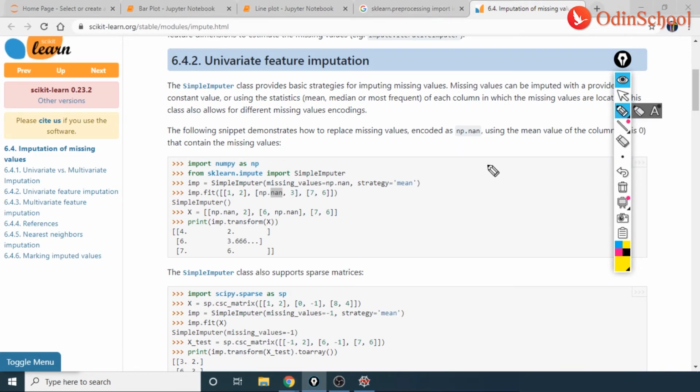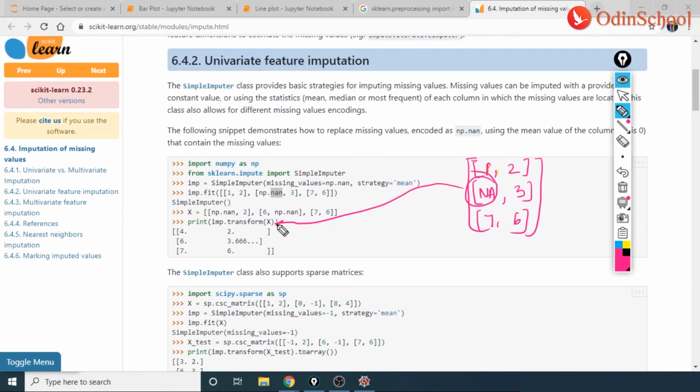So it would be 1 comma 2, nan comma 3, and 7 comma 6. So these are the values, or rather these are the three arrays that are being considered here, right guys? Now this value is to be replaced, and how is this value being replaced?